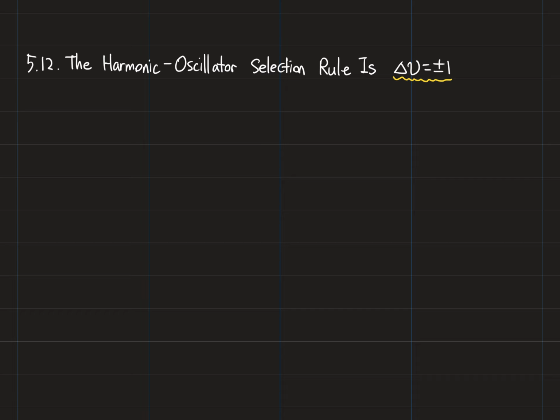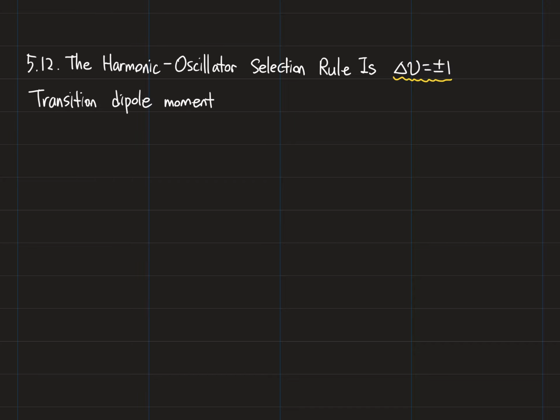This can be understood based on the transition dipole moment. We are going to take a look at why this property, the transition dipole moment, is related to the probability that the oscillator makes a transition from a specific state to another specific state in section 8.6. But for now, we just assume that this is the correct statement.